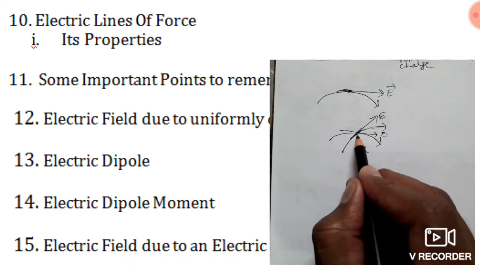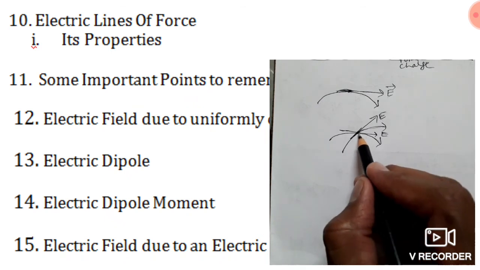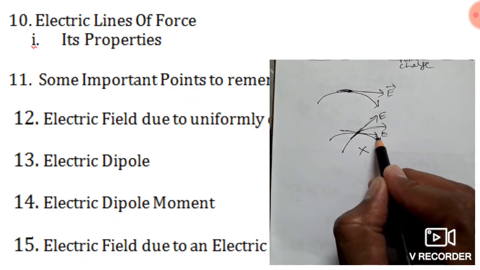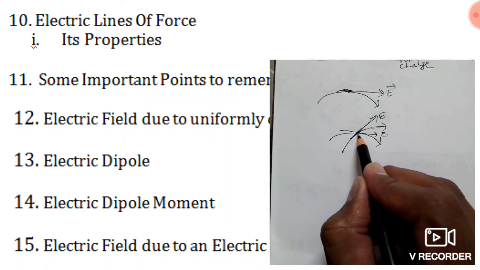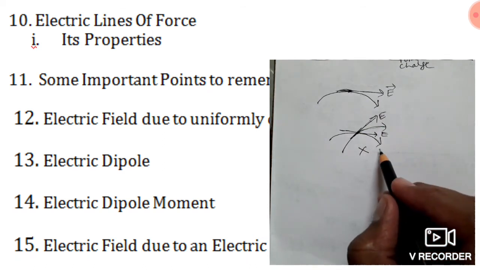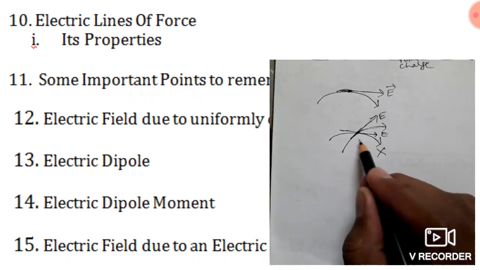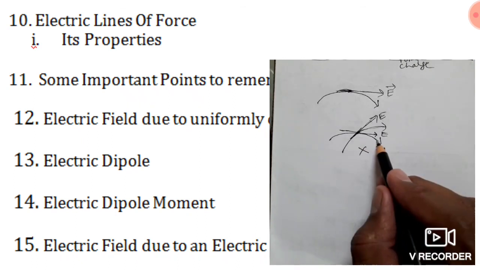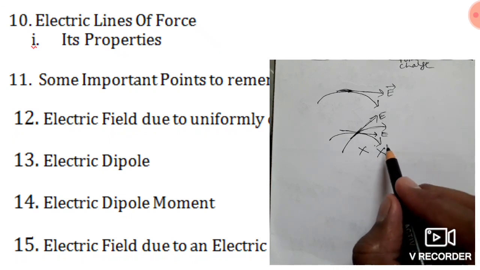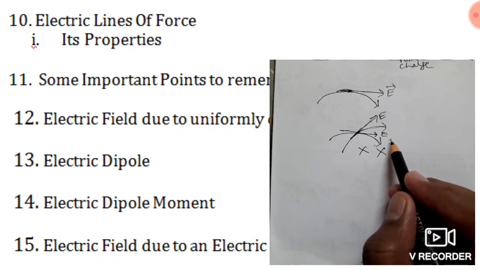So for a particular point, at the point of intersection, we get two directions of electric intensity, one along this direction and one along this direction. So a single point in the electric lines of force can't have two directions of electric intensity. So we can say that the two lines of force never intersect each other. This is a very important question, a 1 mark type question. Try to keep it in mind and try to write down the answer.